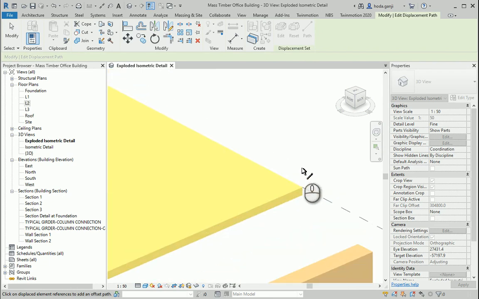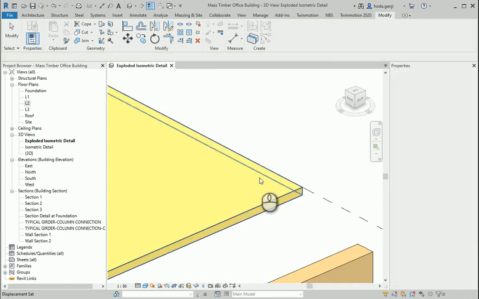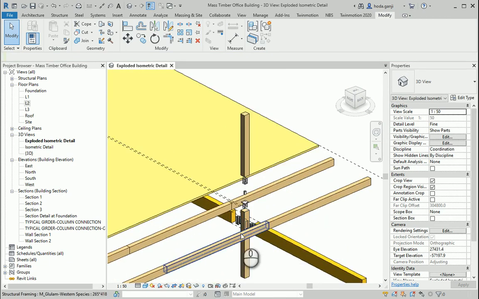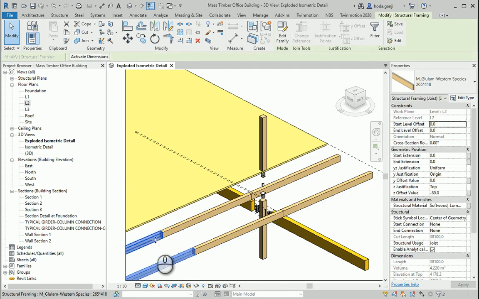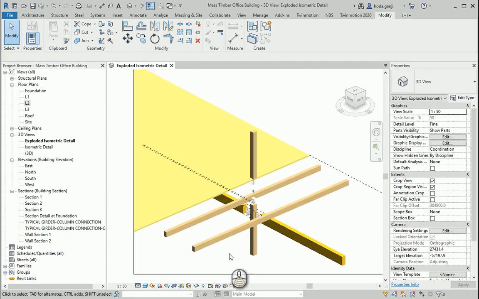Maybe also want it here because we can know the floor is moved. Okay. Now maybe we can also hide this one and this one. Okay, now it's better.